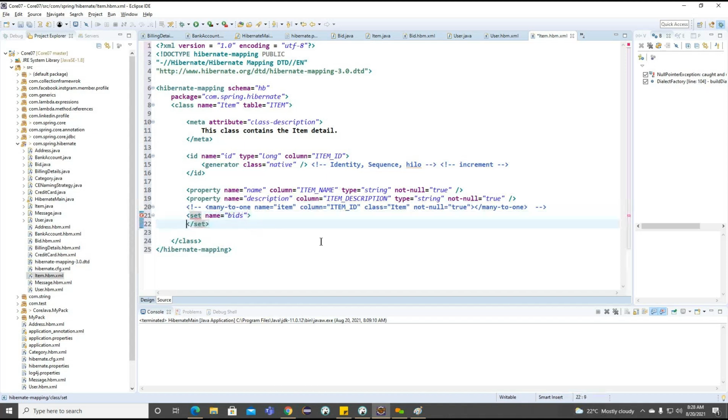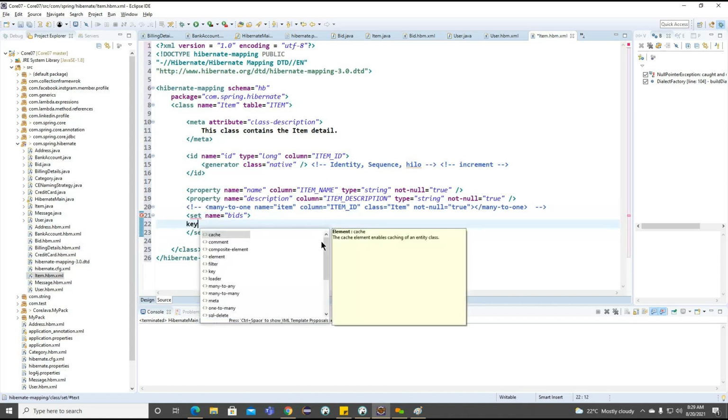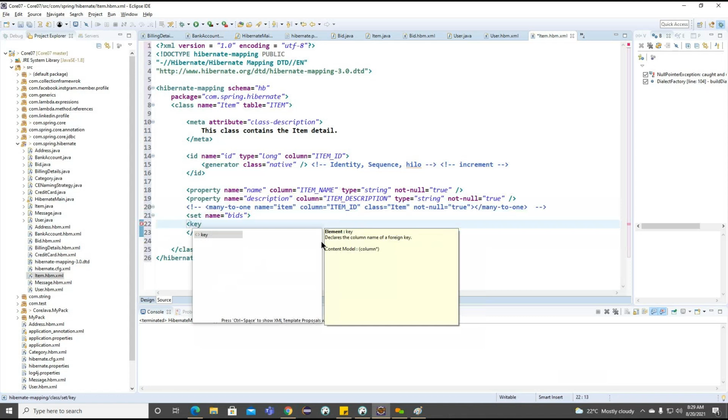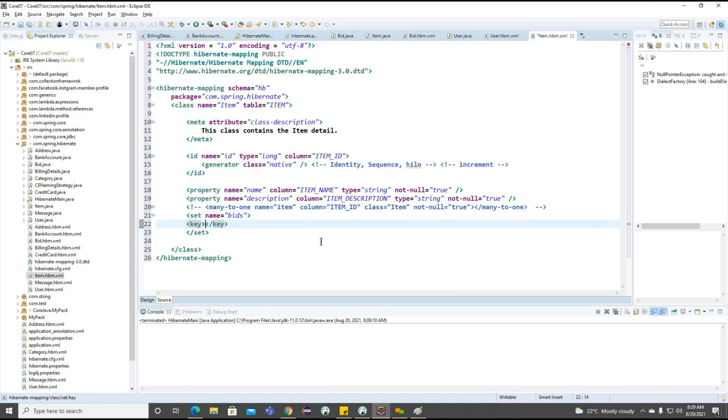And here, after setting this particular name, we need to provide the key column. Getting the point? So this particular key is going to work on the primary key and foreign key reference here. So what is the key column we are going to provide? The key column we will provide as this particular item ID, because whatever the one object we are going to have, the one object we will make as a key here.